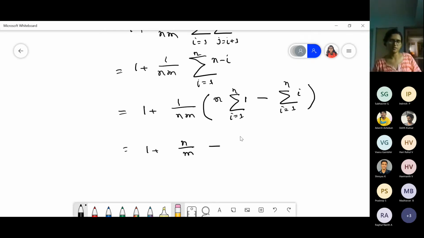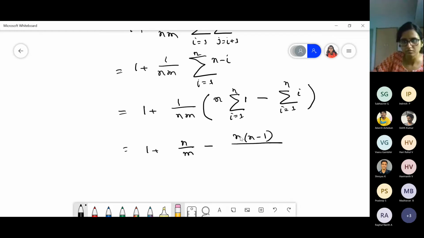Sum of naturals, right? n into n minus 1 by 2, the whole thing. This is n into n minus 1 by 2nm.